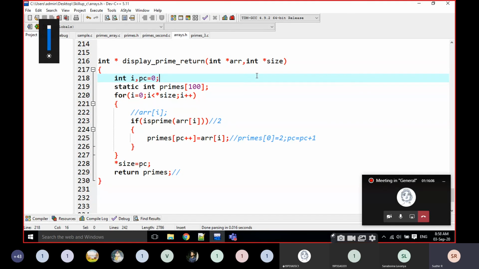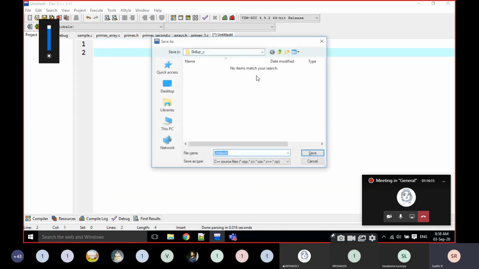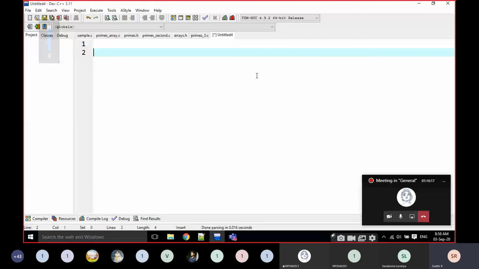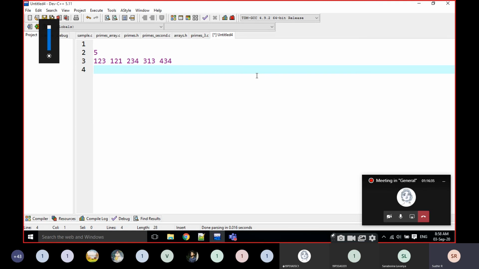I'm giving a small task, not mandatory, just for practice. Some 5 values are there, like 1 2 3, 2 3, and so on.